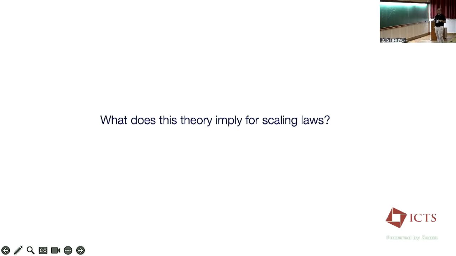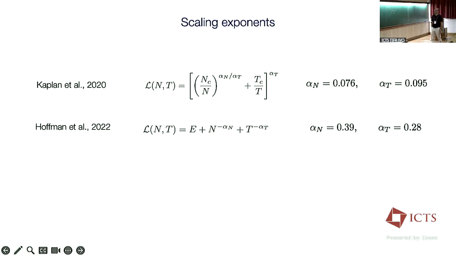Okay, we don't want to go into this, but I want to switch gears and say something about scaling laws. Let's look at the scaling exponents in these experimental papers. This is a parametric form that Kaplan et al. fit to their experiments, and this is the Chinchilla paper by Jordan Hoffmann and colleagues, which they fit to their experiments. In this plot, T refers to the number of training steps. These are one-pass online training, so data is seen once. And N refers to the number of parameters. It's not width, it's the number of parameters.